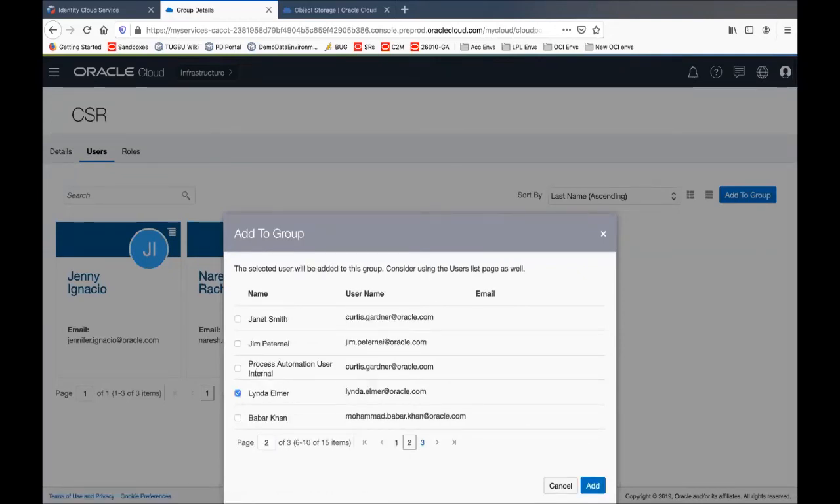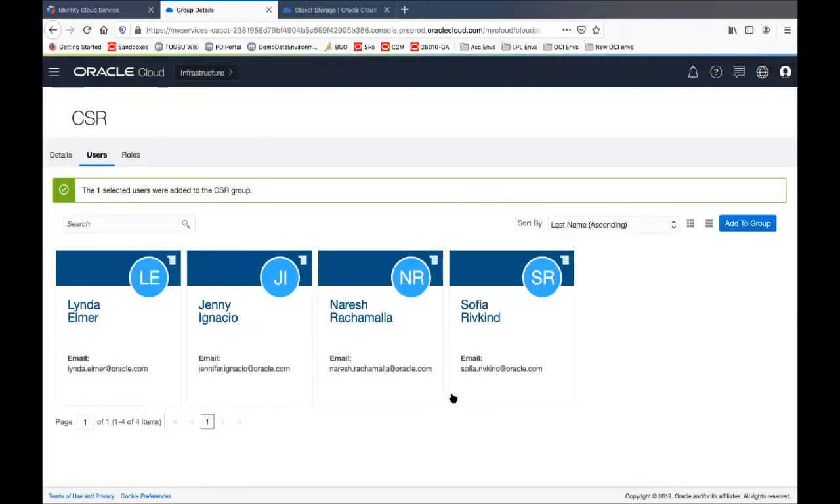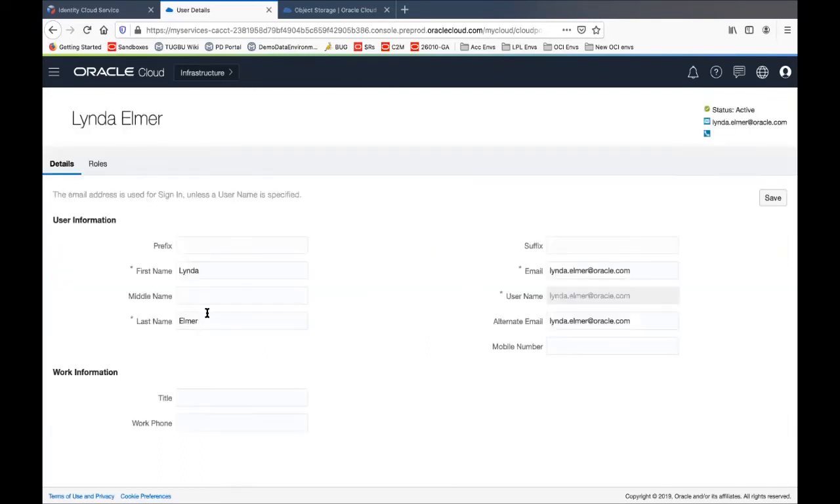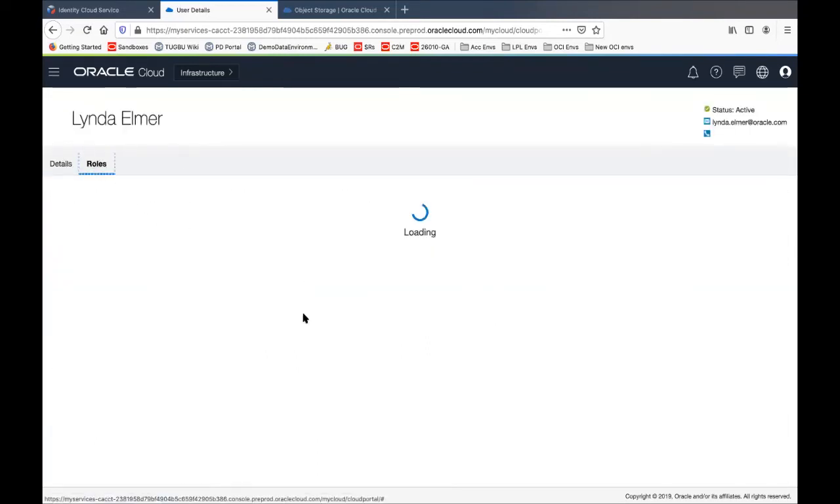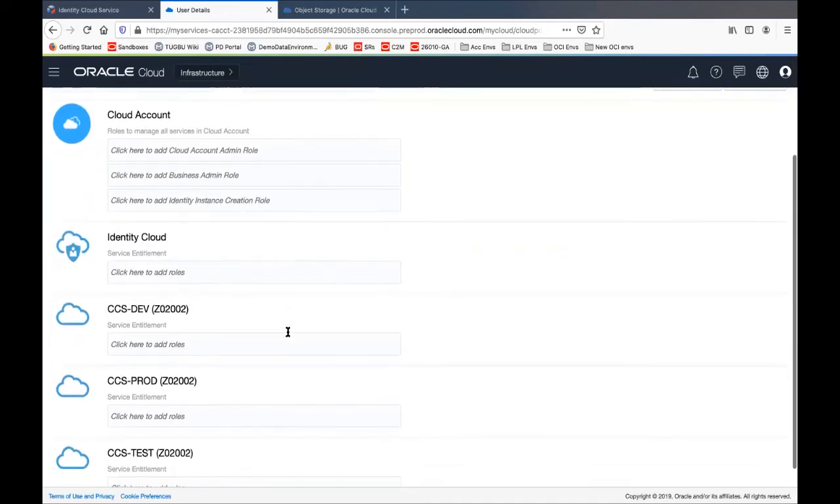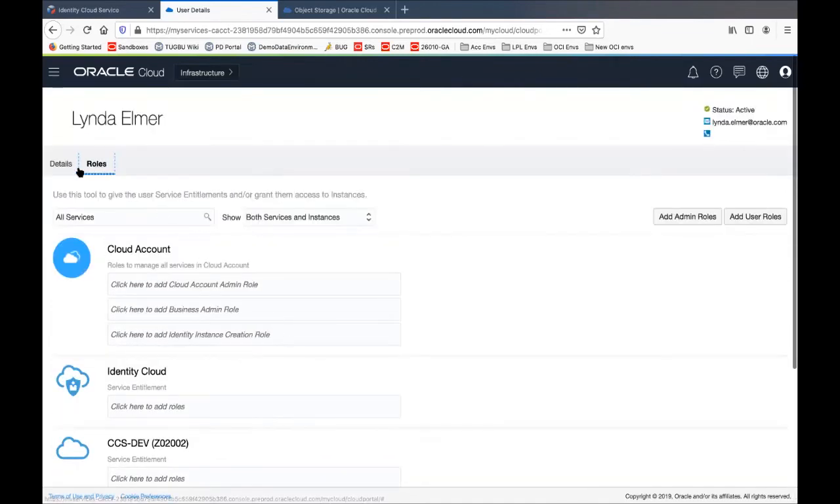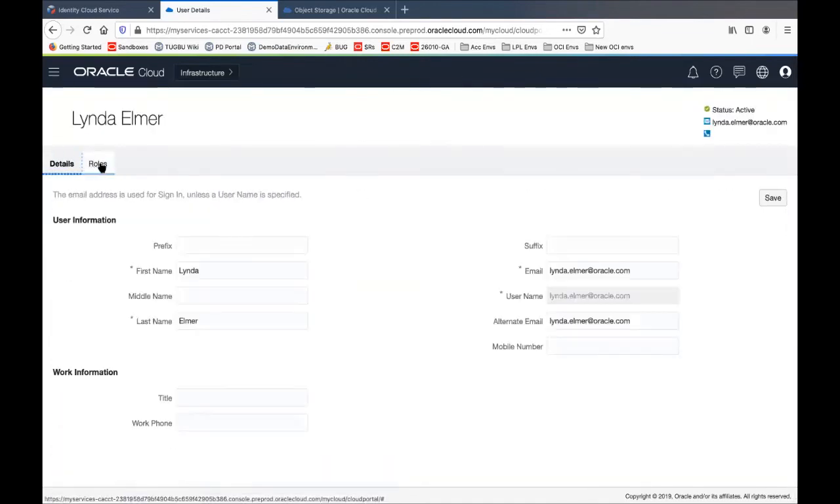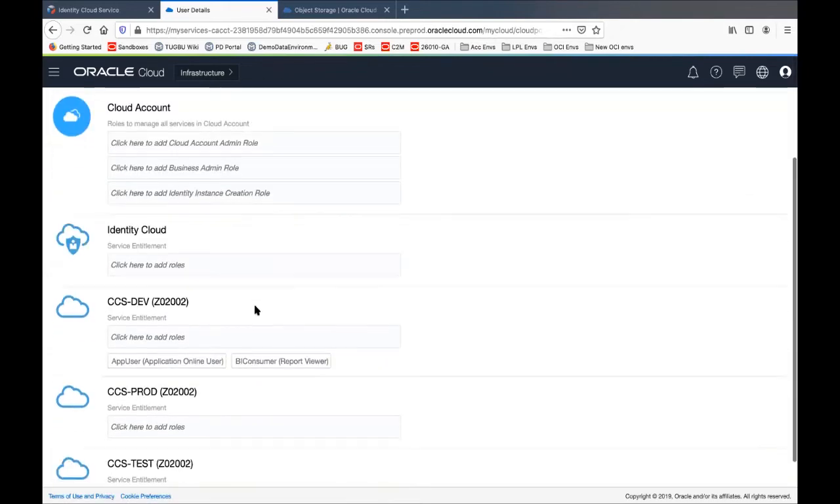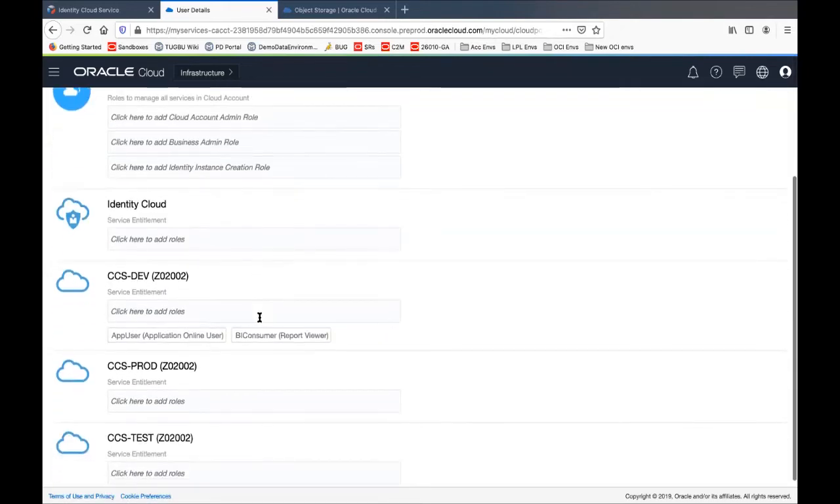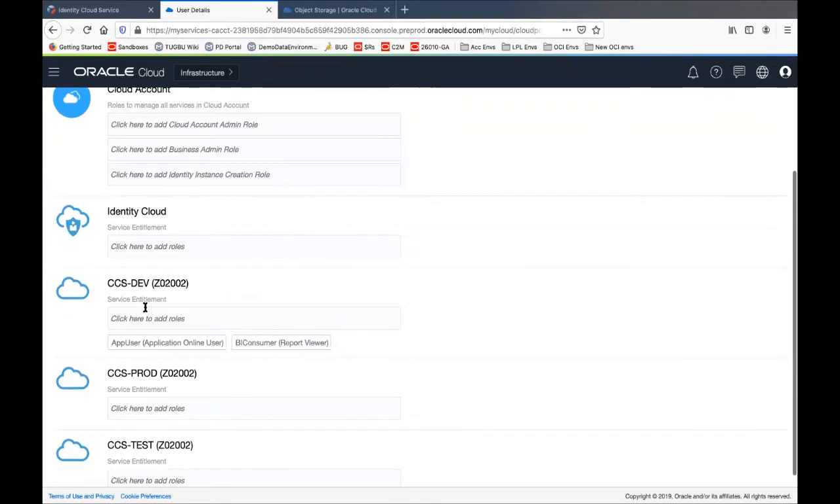Here she is, and we say add. And that adds Linda to the group CSR. If we now drill over to Linda and look at her roles, we'll see that, okay, it just took a second to update. We can see that now under the dev environment, she has 2 roles, and that is because of her group